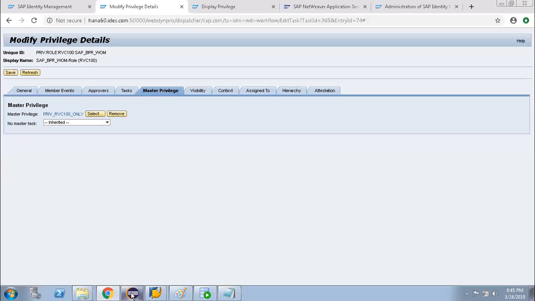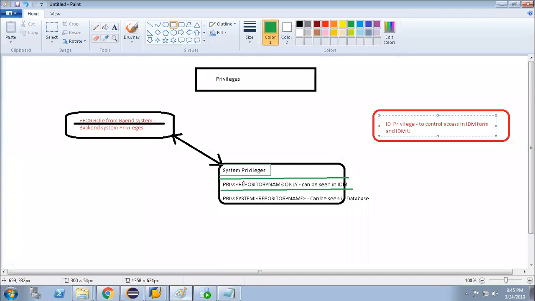Now, one more thing I told you during the property of the privileges, or types of privileges: this privilege is present in the system and created.